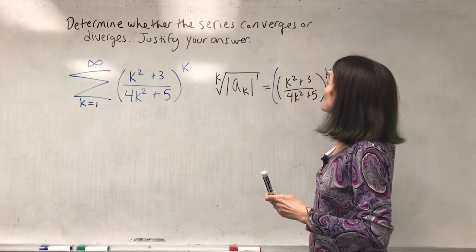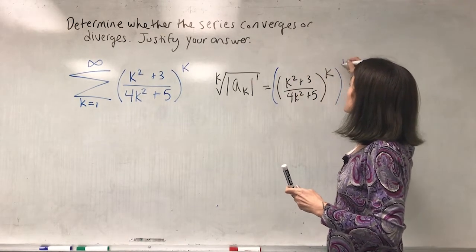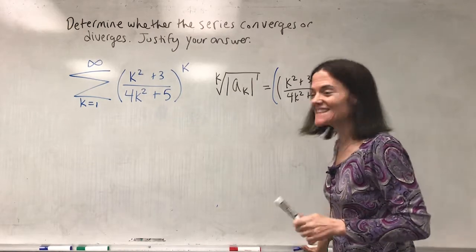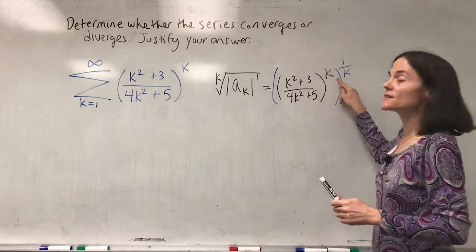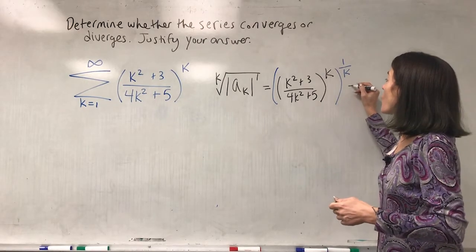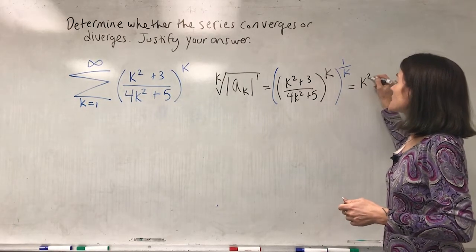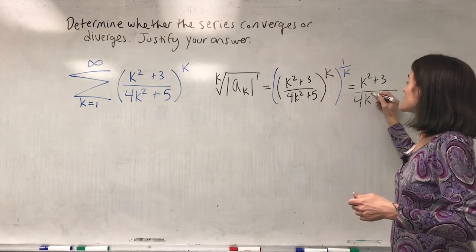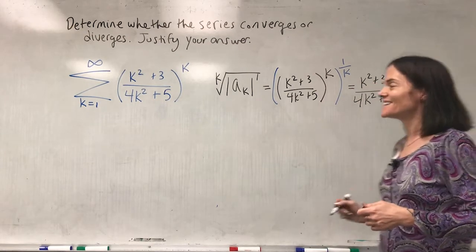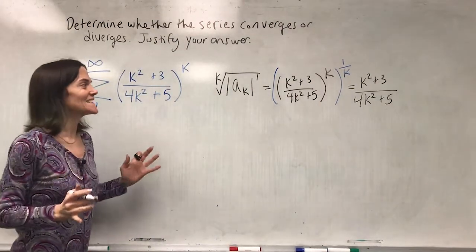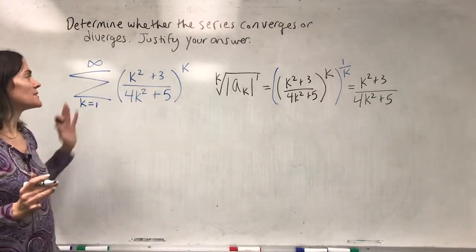The kth root raises this to the 1 over k. Now you see how nice this is, because look, power to a power, we multiply, the power will be 1. So this becomes k squared plus 3 divided by 4k squared plus 5. Okay, that's very nice compared to the original